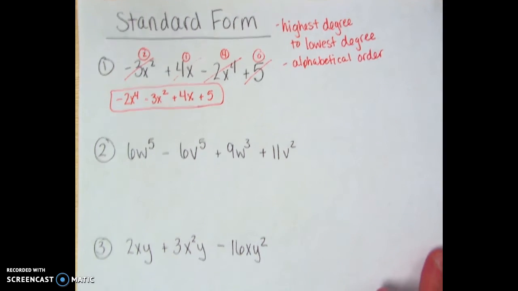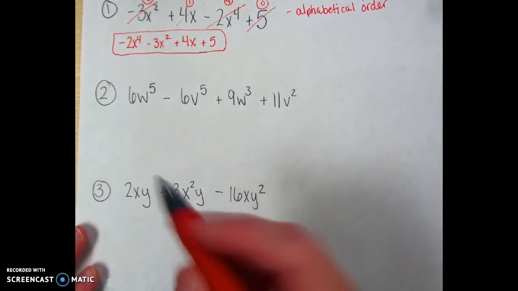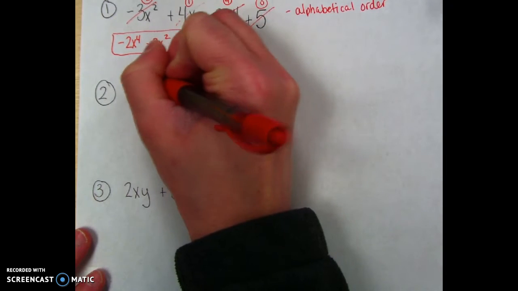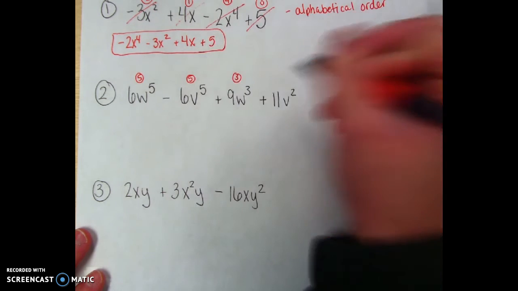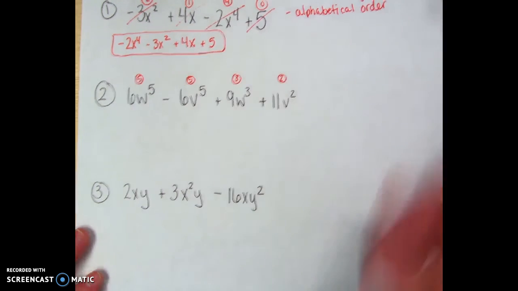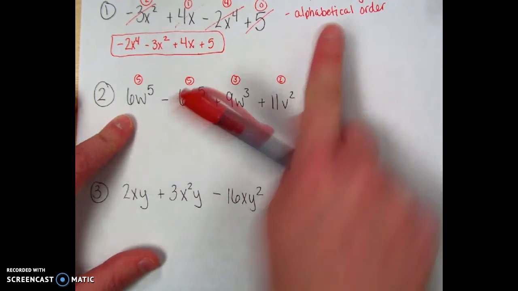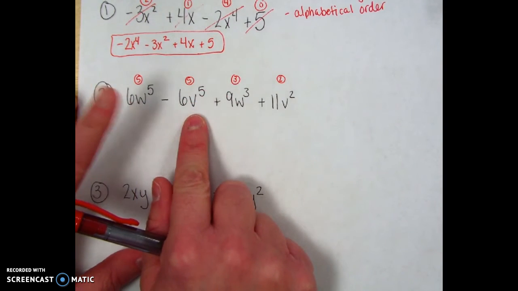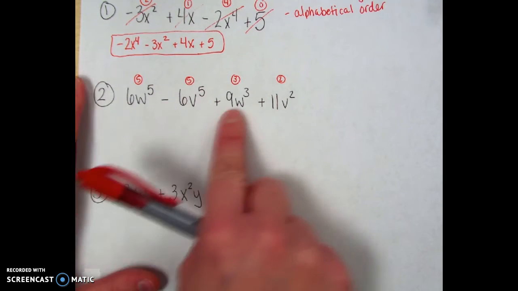Okay, number 2, I have 2 different variables, so keep that in mind. Here my highest degree is 5, and here's the degree of 5. This one has a degree of 3, and this one has a degree of 2. Now both of these have 5. Since they're the same, then I look at alphabetical order. V comes before W. You might need to do the alphabet real quick to double check that. But V does come before W, so I'm going to switch these 2, and then the others are in the